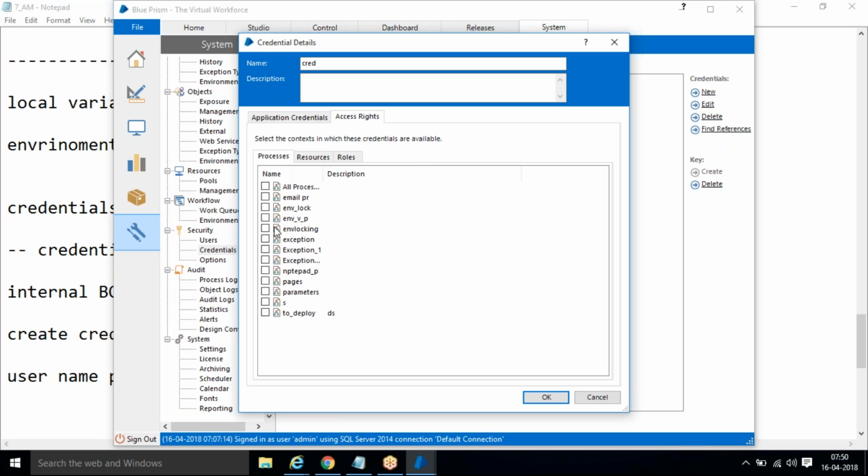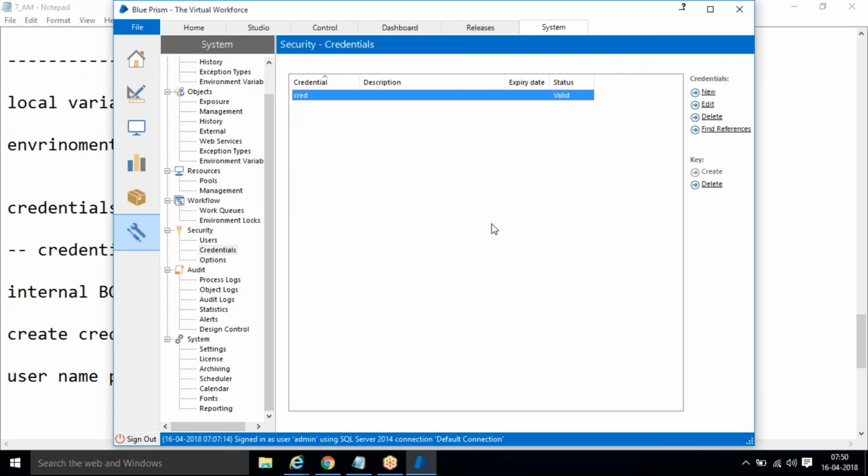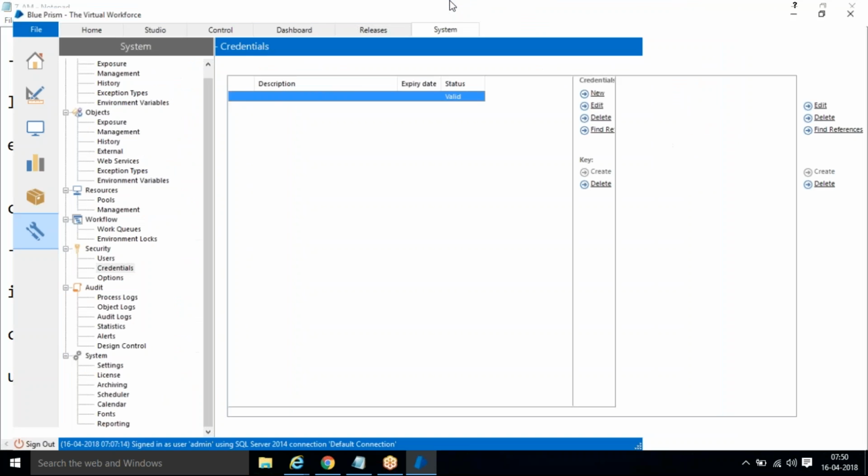Here I will restrict the process to only one process, the environmental variable. This one: process, resource, everyone; role, also everyone. If you want to restrict, you can restrict it to any specific one. So now we restricted it to only one process, right? Only one process we created, and then just come here. Once it is created,